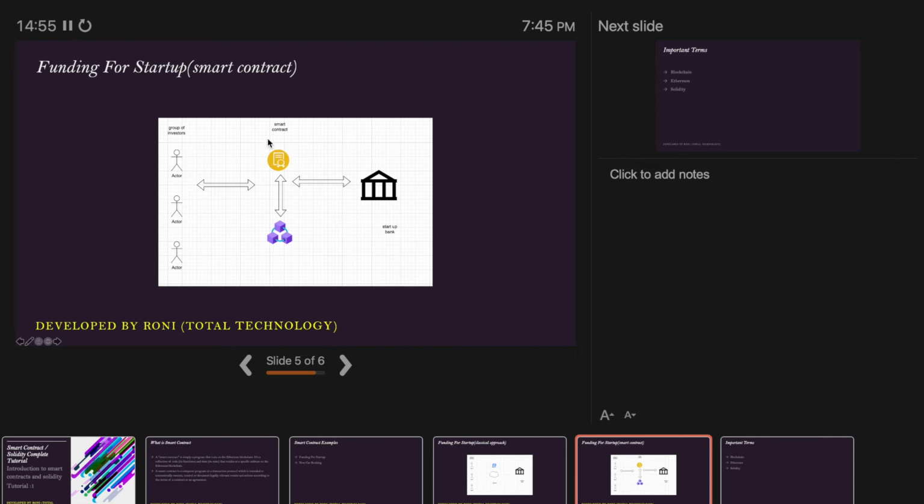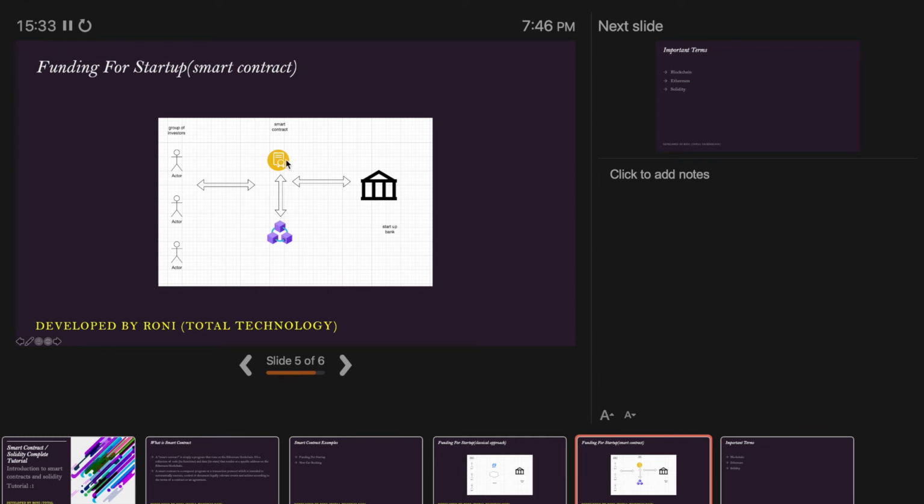Nobody is able to touch this, and it is transparent. Why transparent? Because blockchain is a distributed immutable ledger, and whatever happens in the network will remain there forever, and it is impossible to change. That is why it is safe and secure, and whatever is written will happen. The same thing goes here: when you deploy the smart contract on the Ethereum blockchain, it is also immutable. Nobody can manually change the contract.